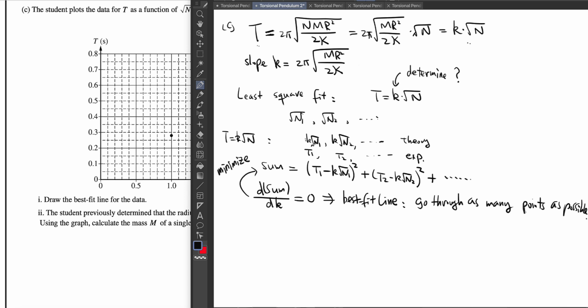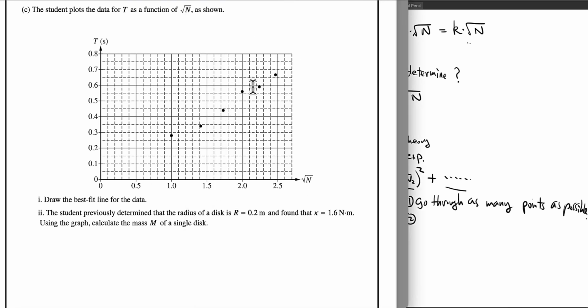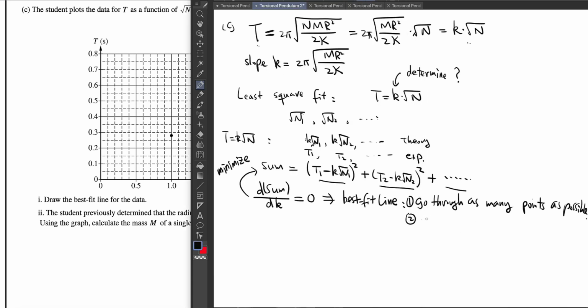So the best solution would be for each term here to be 0. Then we will get the best solution, right? But that usually is not possible. So what we want to do is that first, you make sure you go through as many points as possible. Second is that if that is not possible, then you want to draw a line so that the distribution of these scattered points will be symmetric along the line. So you want to put a line at the center so that there's an equal number. Okay, so the second best thing you can do is that there are equal number